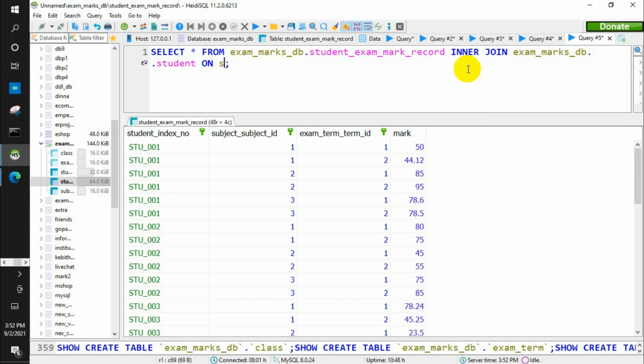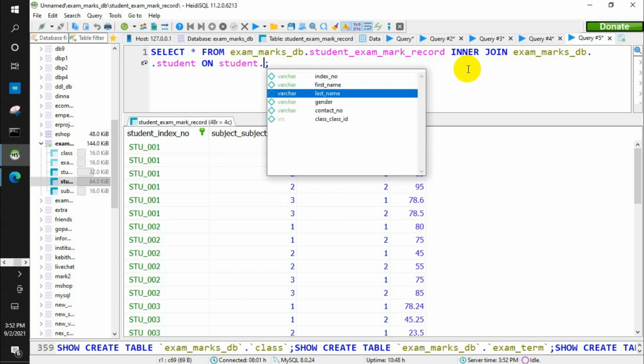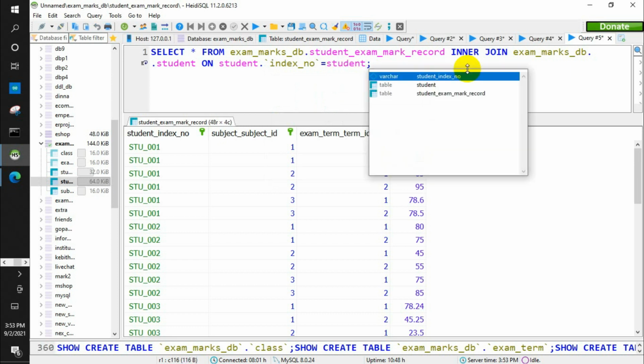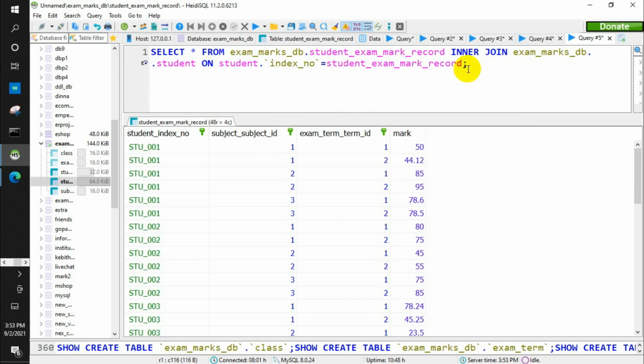and that's the condition. Student index name should be equal to the student_index_name of the marks table.